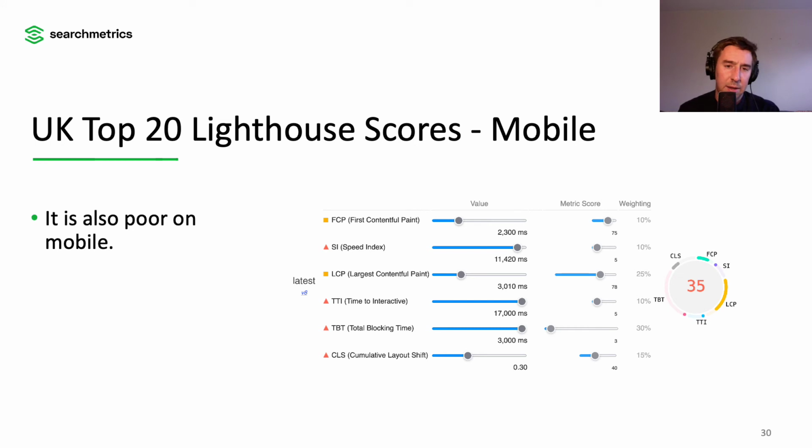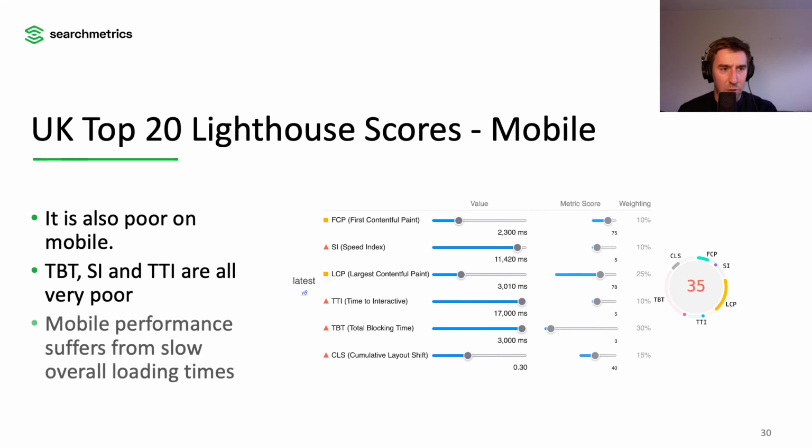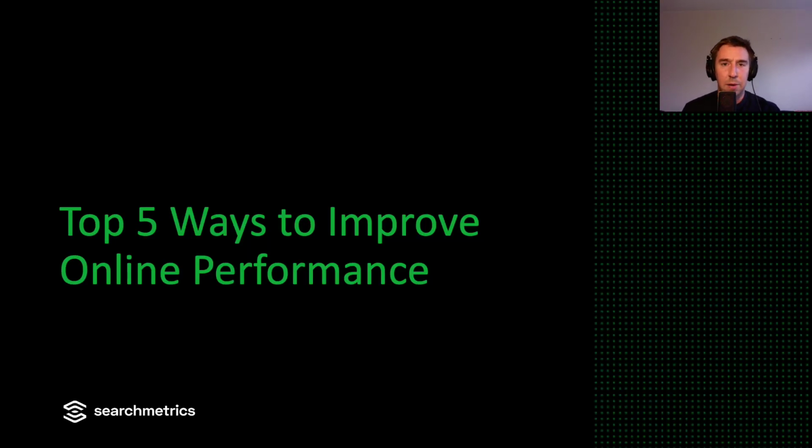Mobile, we calculated 35 out of 100 for the average. I would like to point out that for reasons that we don't have time to go into, the mobile data in Lighthouse is a little bit less reliable than desktop. So we are actually going to skip this section for now and move straight on to how you can improve